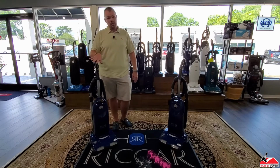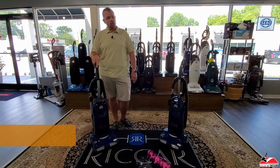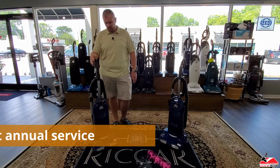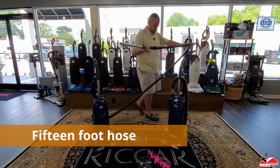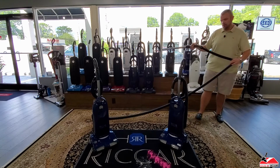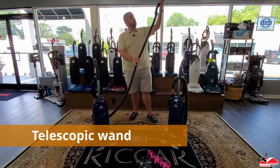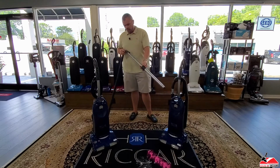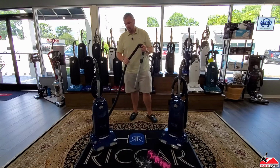The highlight features on this one: 6-year warranty. It comes with red carpet annual service. I love the hose on this one. You have a drastic large amount of reach, and I'm probably out of the camera range here, but then you can use the telescopic wand, go way up high. They also offer an extension to this as well if this isn't long enough to go up a flight of